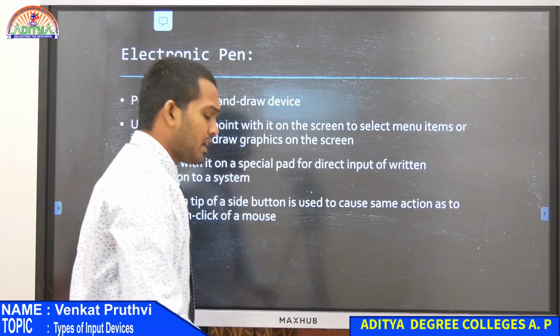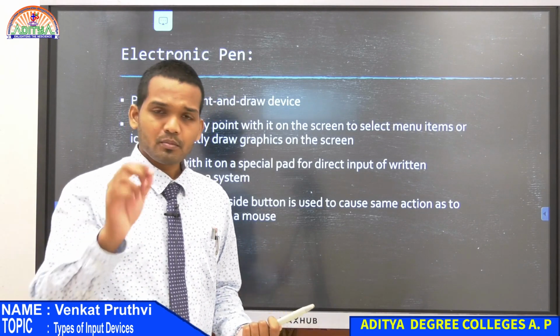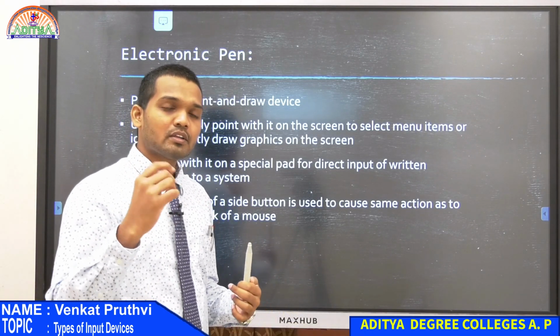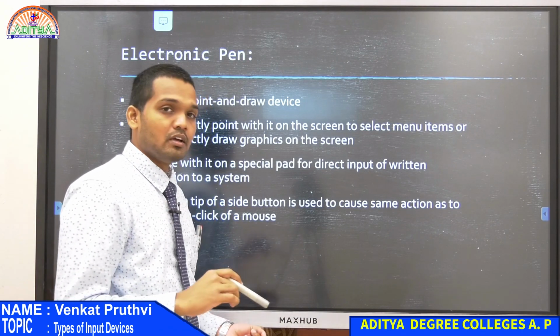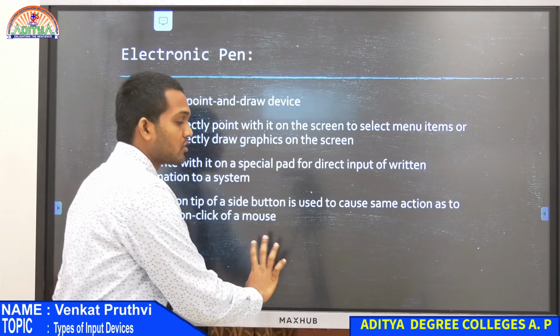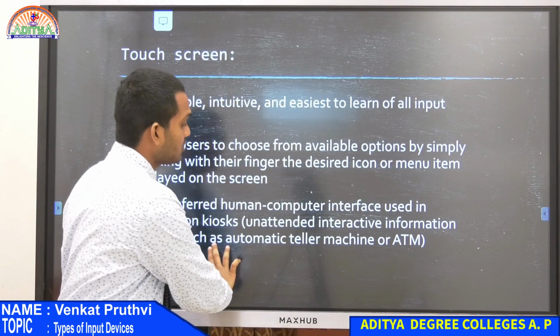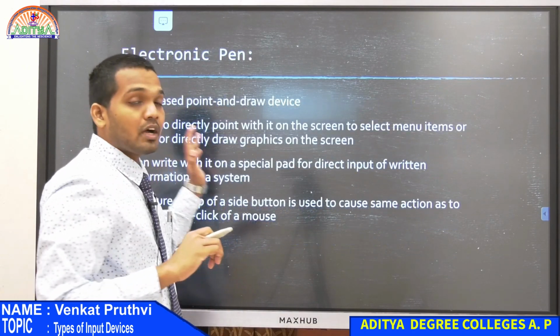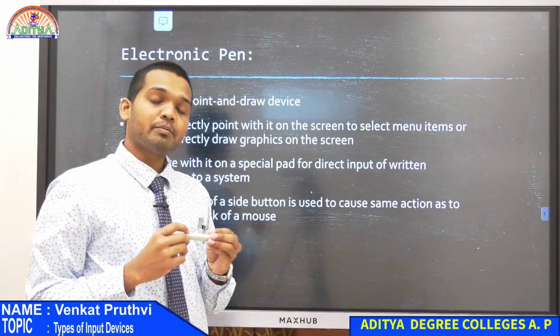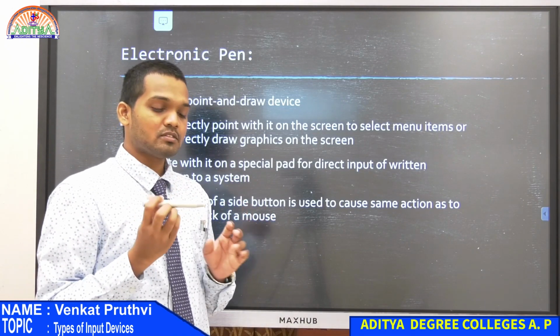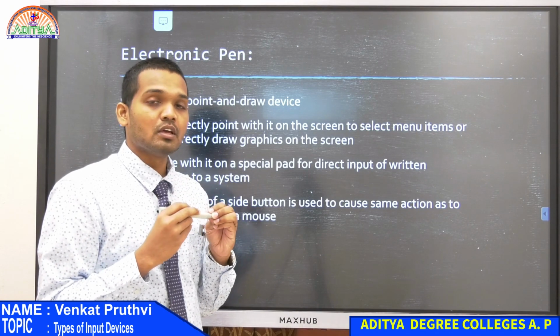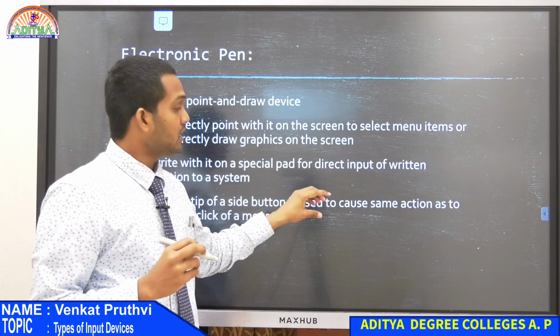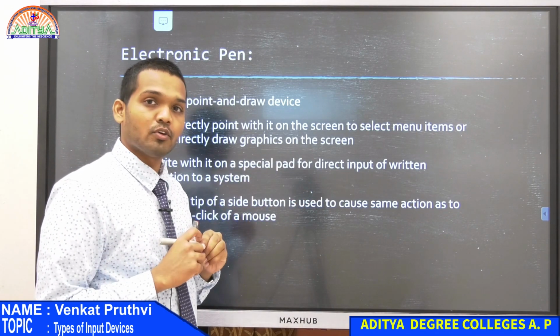Even if you take any device or whatever it is, even with a wire or even with your hand, you are able to operate the screen. But in those days you needed an electronic pen, because electronic pens were not ordinary pens. They had that laser beam technology, which was changing the brightness at that particular point where we were focusing.